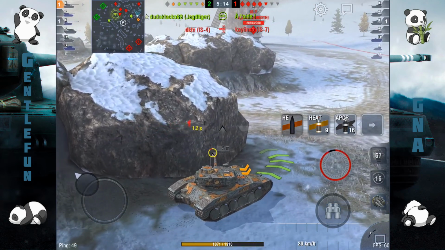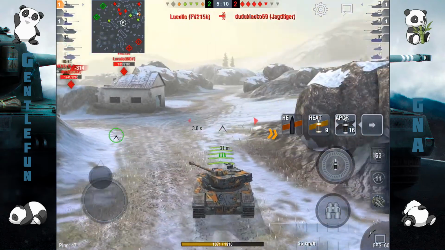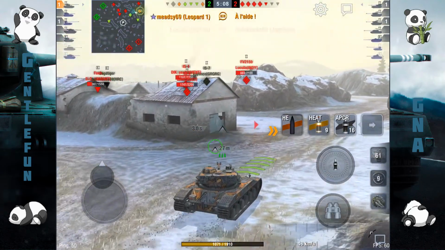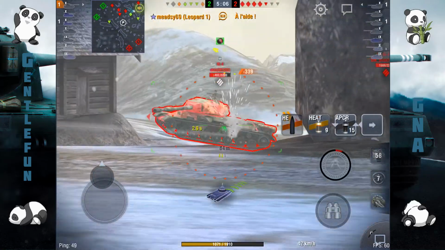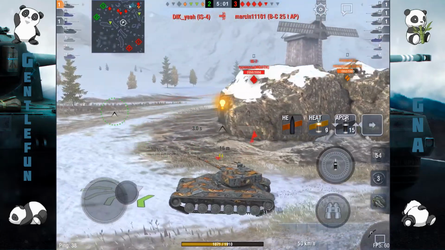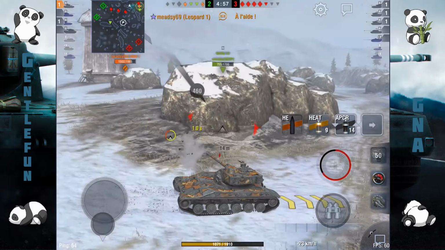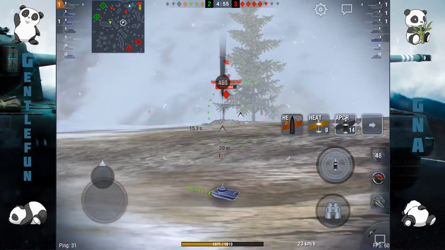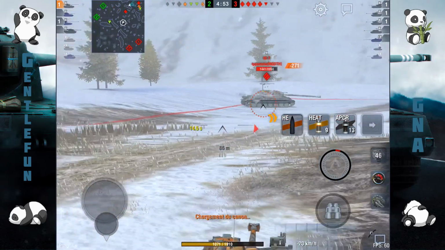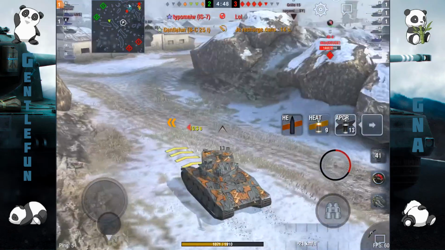IS-7. So we are reloaded, and we're going to go for the IS-4, who is not looking at us. We've been unspotted. First shot on the IS-4 is a pen, but I'm not gonna wait. I want to help Darren with the IS-7. Second shot is a pen. Fortunately, the IS-7 bounced me on my very strong armor,